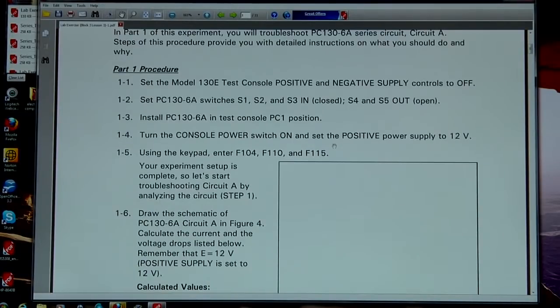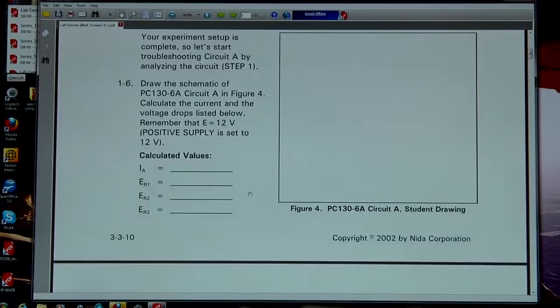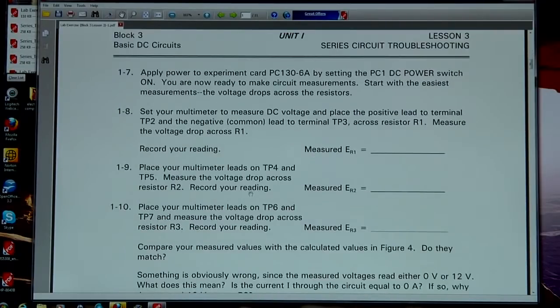So starting off, that's what you're going to be doing, is determining what the circuit looks like. So you're going to be looking at that circuit board, drawing out the schematic diagram in the box provided. You're going to determine what the current and the voltage drops are going to be using Ohm's law calculations. And then you're going to move over to the trainer, and you're going to activate the trainer and actually make